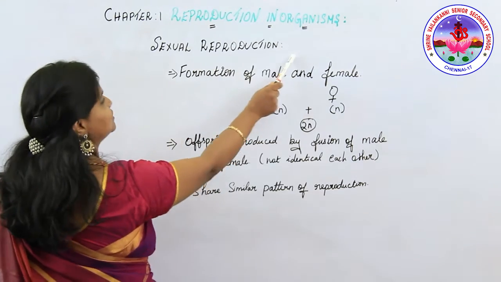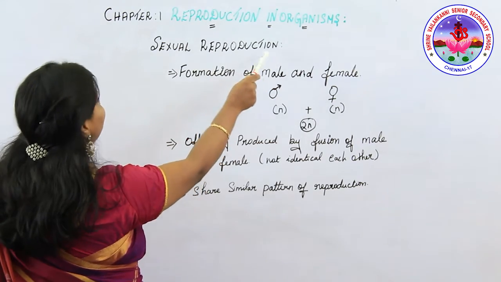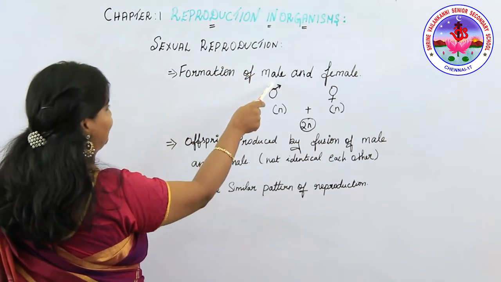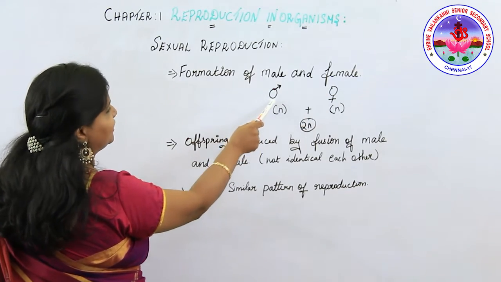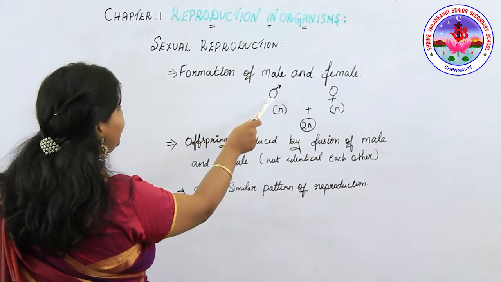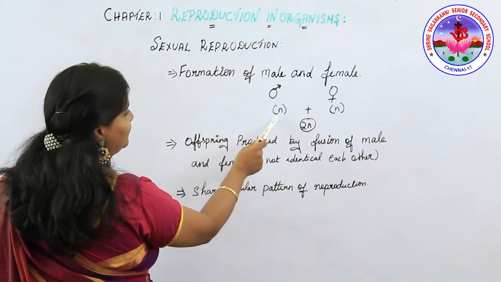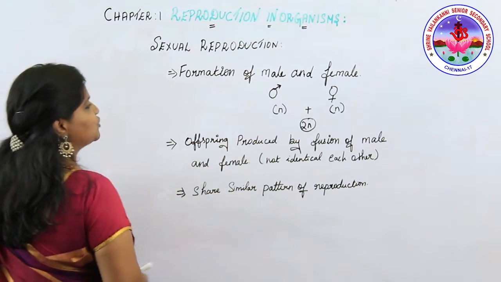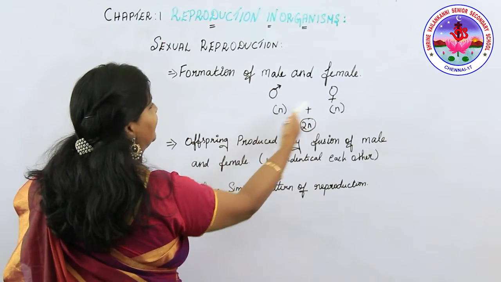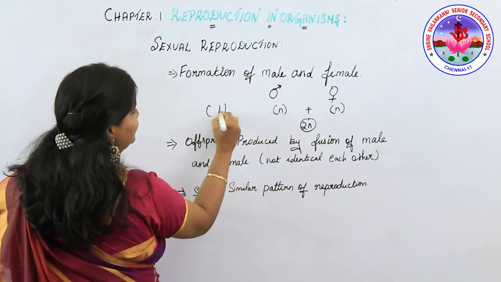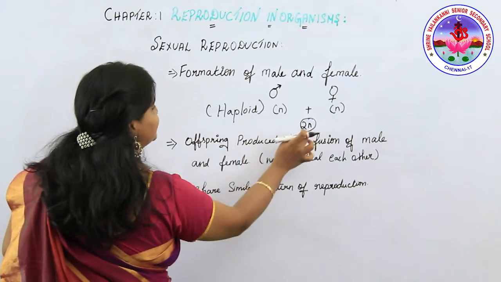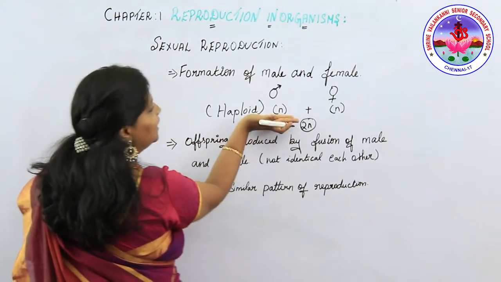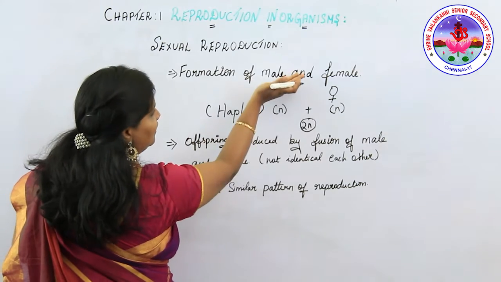Sexual reproduction is the biological process that involves the parents, that is the male and the female. Here you can see the diagrammatic representation of the male and the female. Here I noted down the N. So N plus N. This N and this N. N will be considered as haploid. The haploid will result in the 2N condition, that is N which will be transferred from the